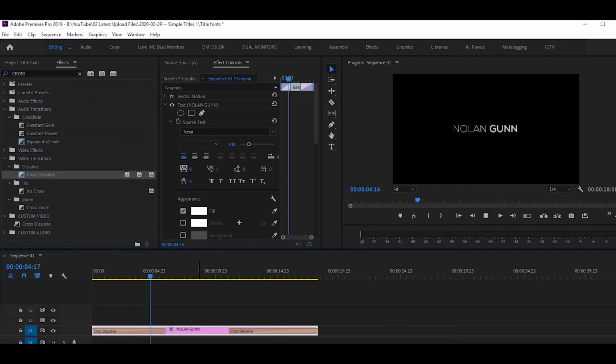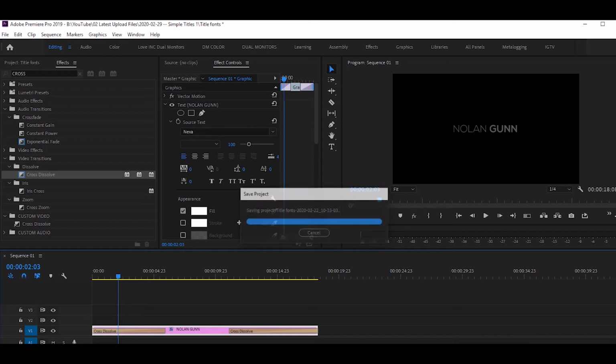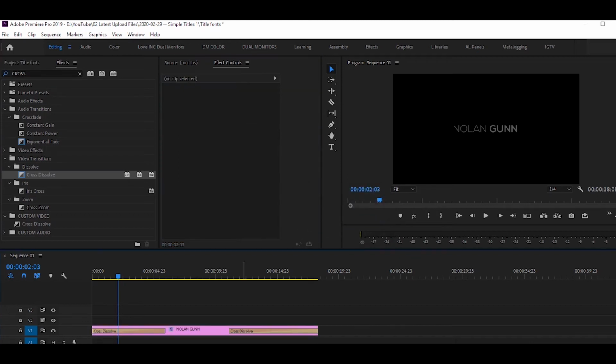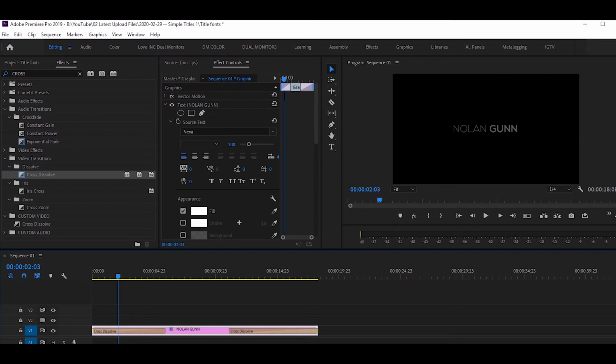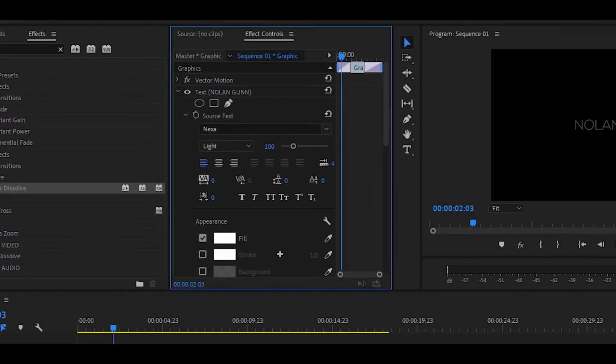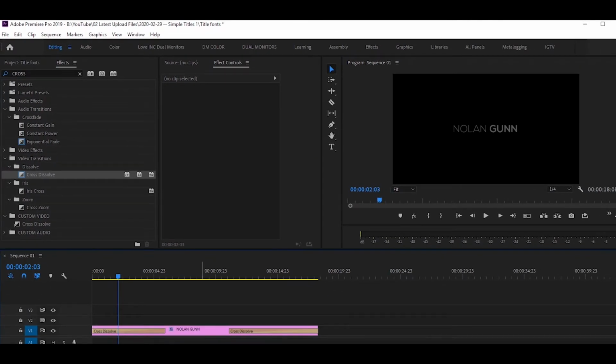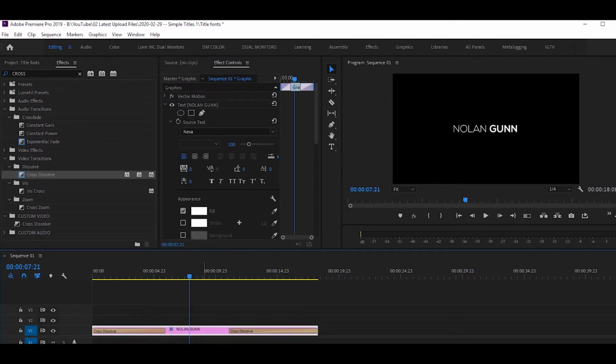So this is going to be what is called keyframing. Keyframing is basically customizing the effect that you're placing on either text or video, and just manipulating it to do what you want it to do. So we're going to be in our effects control window. If you click anywhere else other than the text, you'll see that the effects control window has nothing there. So you want to make sure that what you're trying to manipulate, you have selected. So we have text up here, Nolan Gunn. So we're going to scroll down